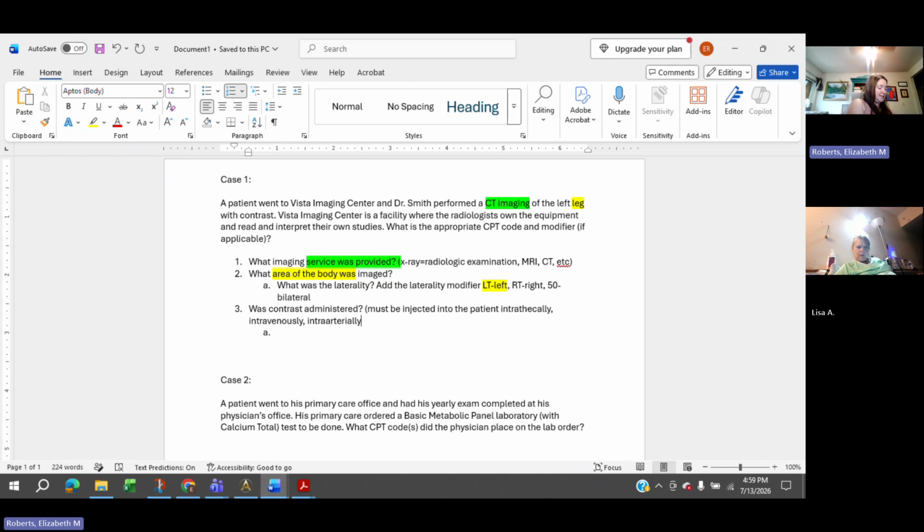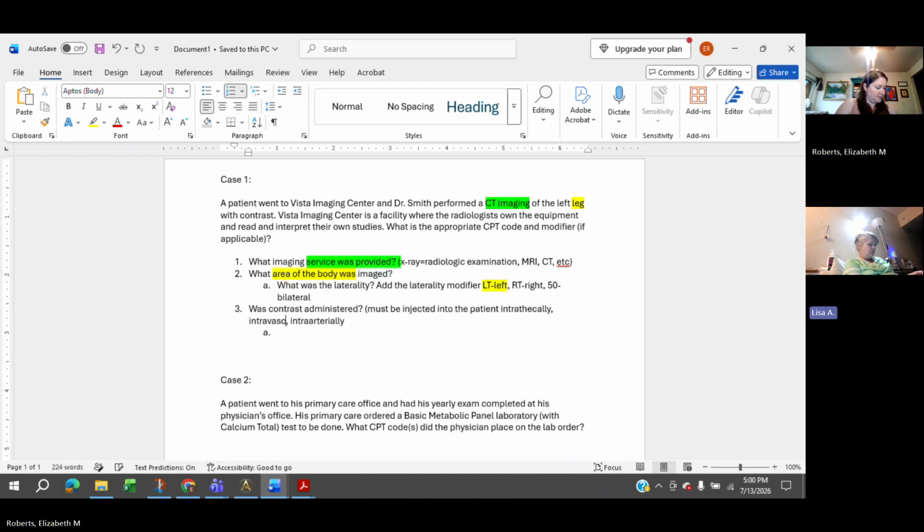Yes, there's intravenously. The guideline for this is at the beginning of the radiology section of the CPT code book, on those green shaded pages. It starts on page 524, but the one that I'm looking at is on page 525. There's this little section on the bottom left hand corner that says administration of contrast material. It is vascularly. I was all messed up. It's been a long day.